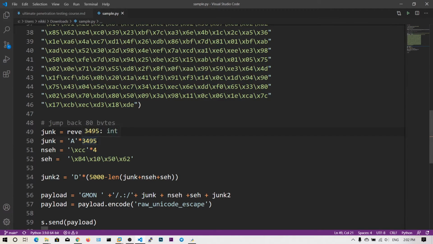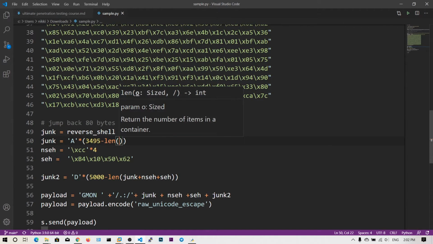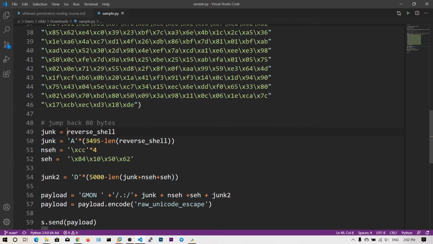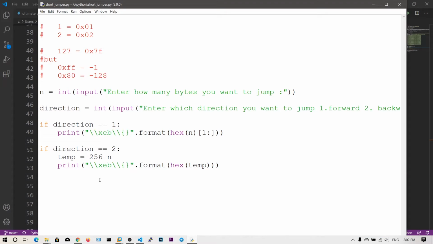So this reverse shell, and we are going to send As times 3495 minus the length of the shellcode, so that it will be dynamic, even when we change the shellcode it won't break. So first we are going to send the reverse shell, and then some 3495 As, and then we are going to send the NSEH.